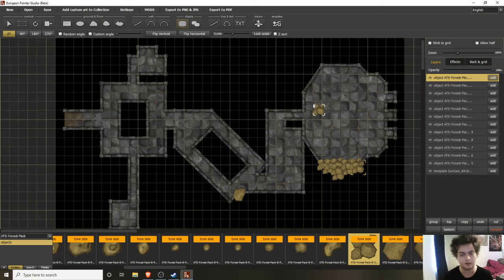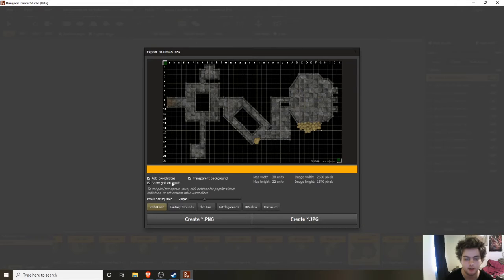That's why I'm making a pre-generated dungeon, really, is because I want just something quick and easy. So, there's that, and then what you're going to do is you're going to export to PNG-JPEG. I tend to like getting rid of the coordinates because I don't like those on the top and bottom, especially because sometimes if it goes a little higher than this, it would interfere with parts of my dungeon, and then I'd have just numbers that my players could see once I add in dynamic lighting and everything, and that just